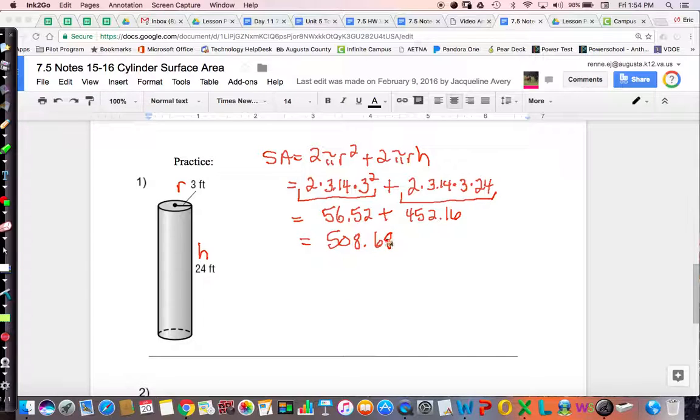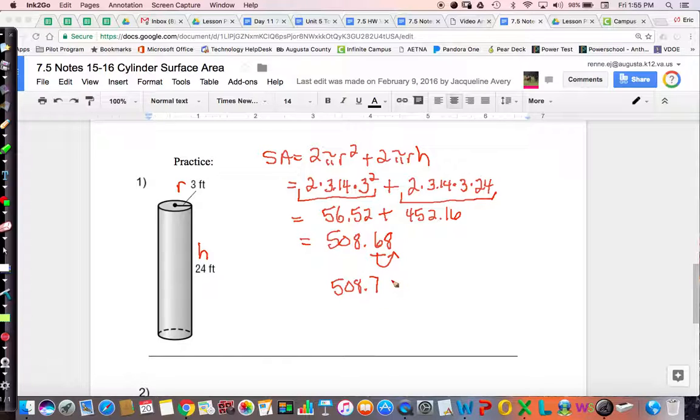Now I want to show you how to round to the nearest tenth. So we're going to round this answer to the nearest tenth by underlining the 6, which is in the tenths place. And I'm going to look to the right. If that number is 5 or above, I give it a shove. If it's 4 or below, I let it go. So since 8 is 5 or above, I'm going to give the 6 a shove, and I will have 508